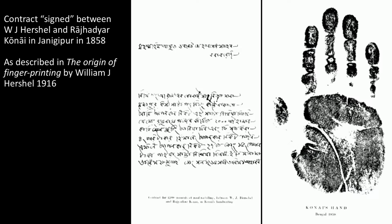And it's a contract between this guy Herschel and Mr. Kanai in 1858. And somewhat irritated, I think, was Herschel by various books by Galton and various policemen claiming that they had invented fingerprinting, that he wrote this book saying, no, you didn't, I thought of it long before you. Anyway, it's a rather fascinating idea that the identity of the person here was not measured by a